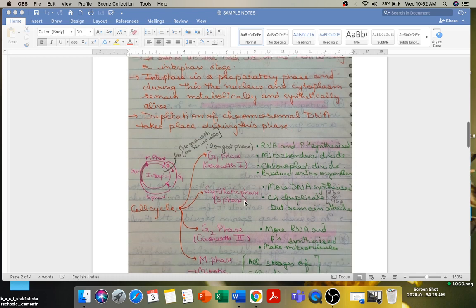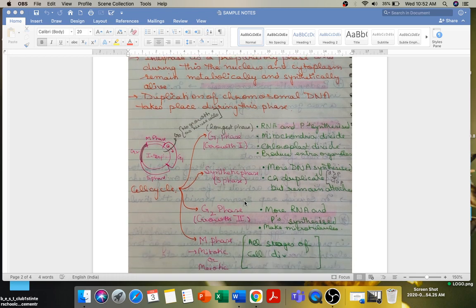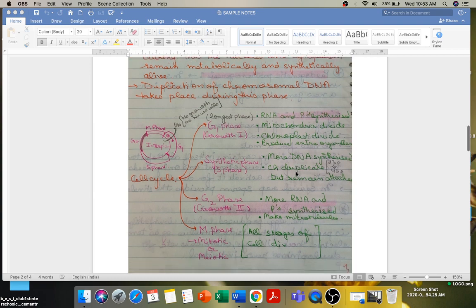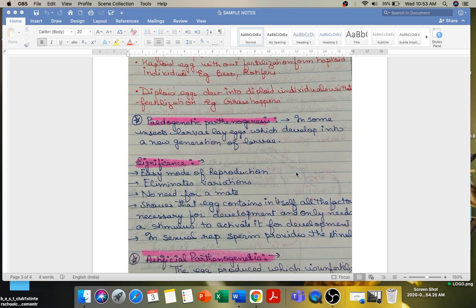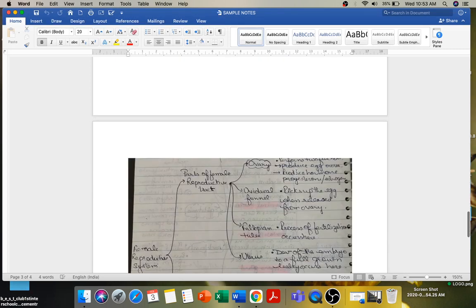Now here you can see that this is a flow chart which explains the cell cycle with all the steps. And what is written in green is what is happening in G1, what is happening in S, what is happening in G2. So it is a flow chart which makes things very easy for anyone to understand. Here, as everything has been highlighted, whatever you feel can be highlighted, please highlight those pointers.